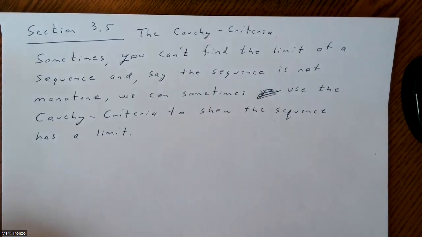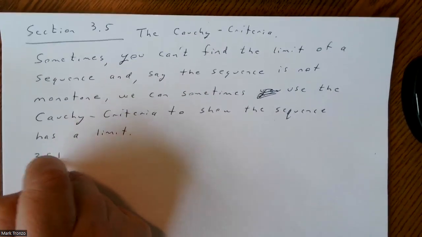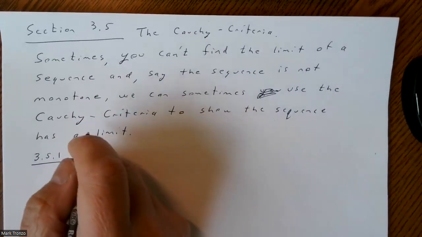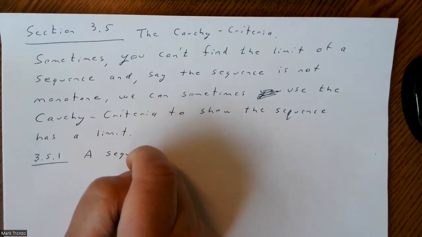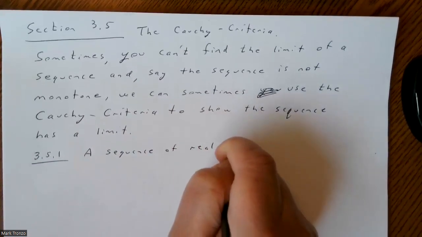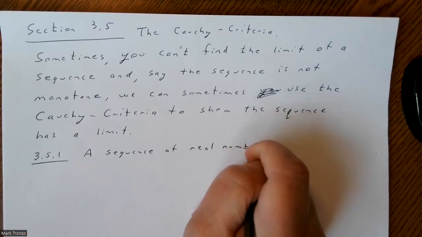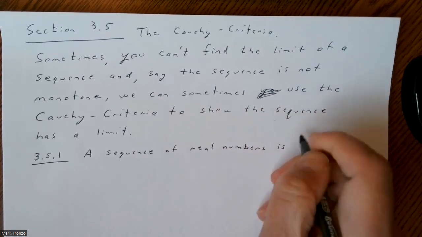What if it's not monotone? We can use what's called the Cauchy criteria, or talk about Cauchy sequences. And the sequence of real numbers is said to be a Cauchy sequence